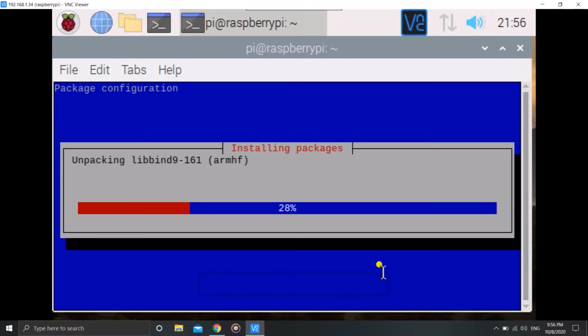I am skipping this part, because I don't want to waste time as it's taking too much time. So I'm just pausing the recording of my screen. I will start it back later. So as you can see, it has reached 98%. So let us see how much time it takes. It has already taken 4 minutes for me, so it's a lot of time.